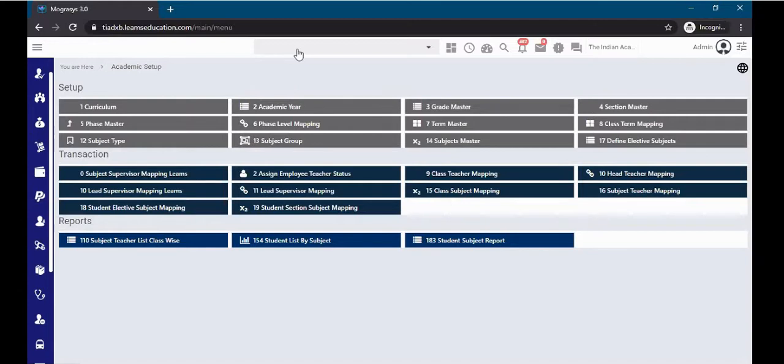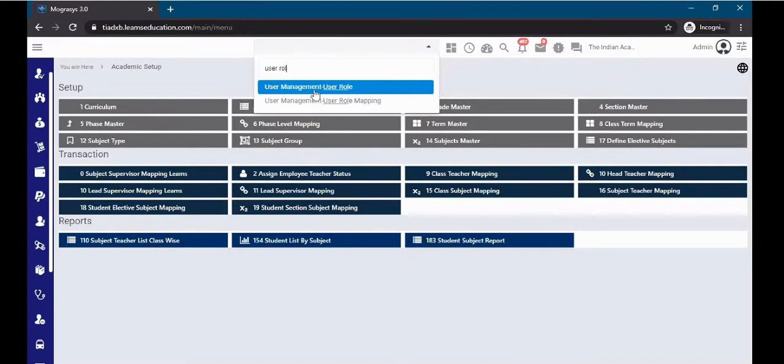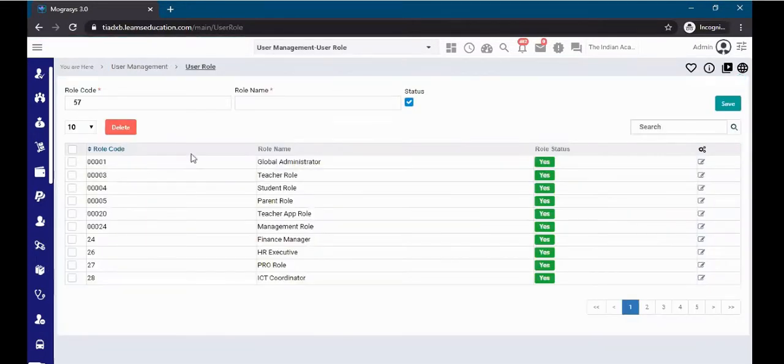So for LIMS, what we have done, if you check the user role, this session will complete these two models, security and academic setup, because both are interrelated. In user role, this global administrator is system defined. Actually, we should have an extra field over here: this is a system defined user role that cannot be altered or deleted by the user, except admin.